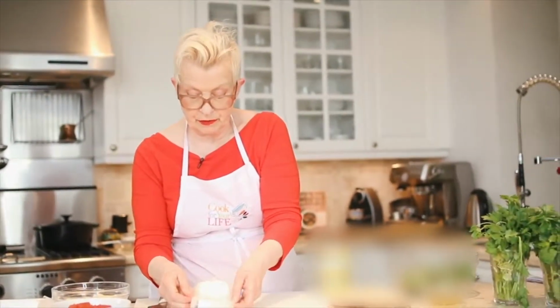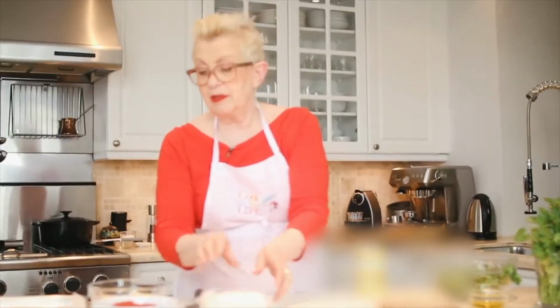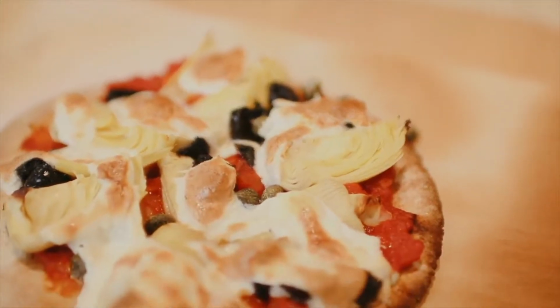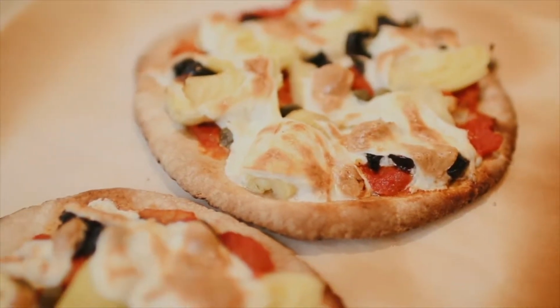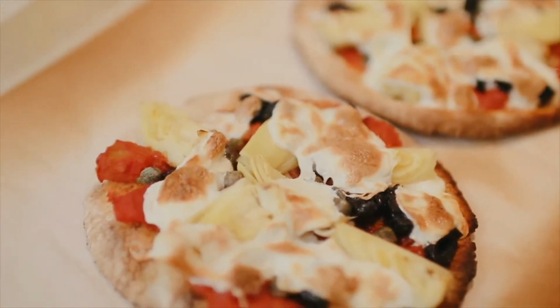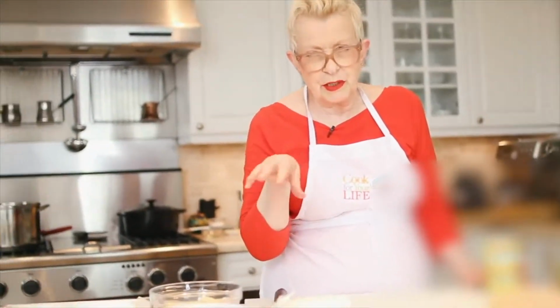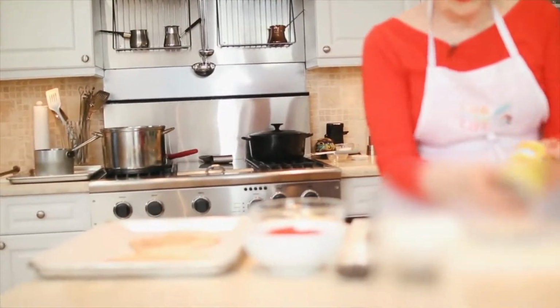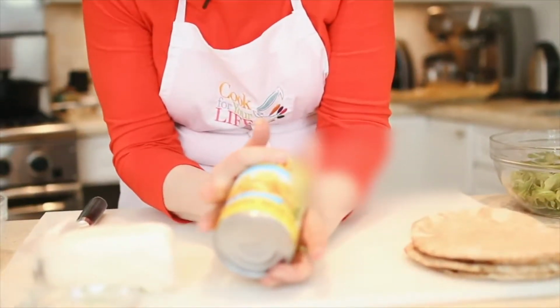And as you can see, I'm wrestling with a big fat piece of mozzarella because I'm going to be making some pita bread pizzas. Now I'm going to be making them with artichokes and olives, and we're going to top it with a little arugula salad. Now the kind of artichokes we're going to be using are these guys, not necessarily this brand, but